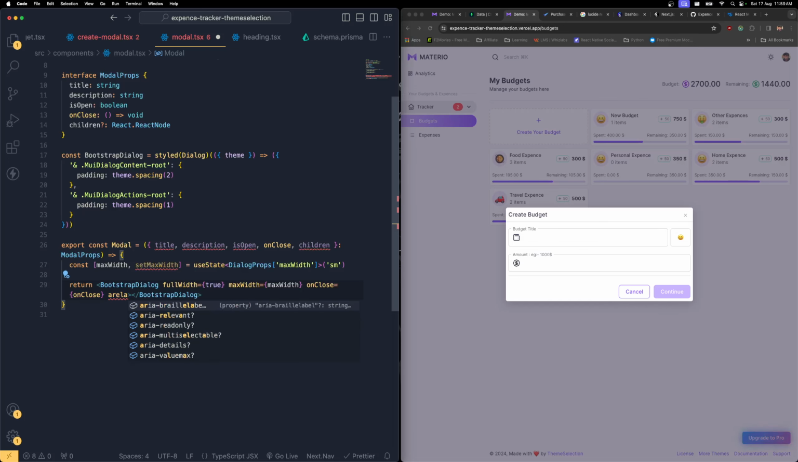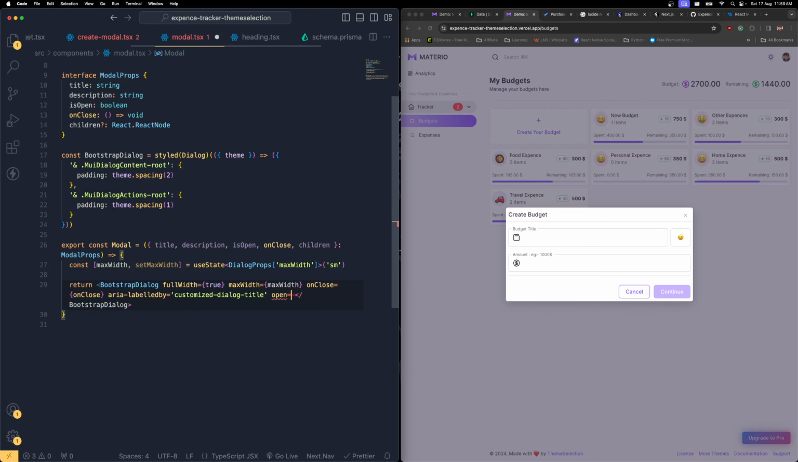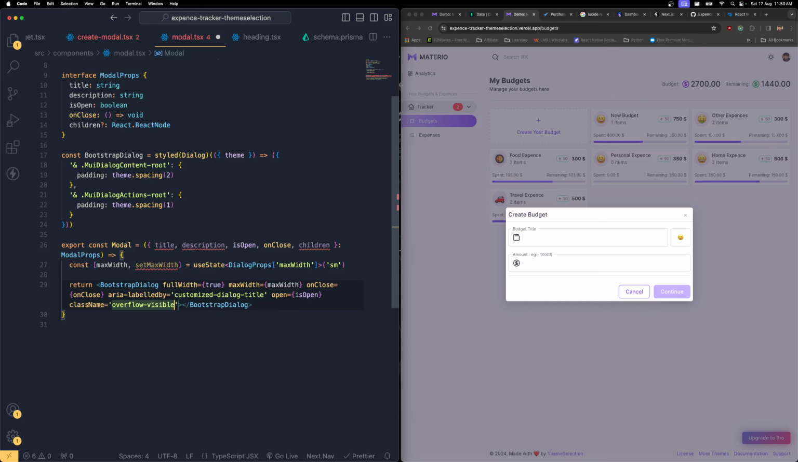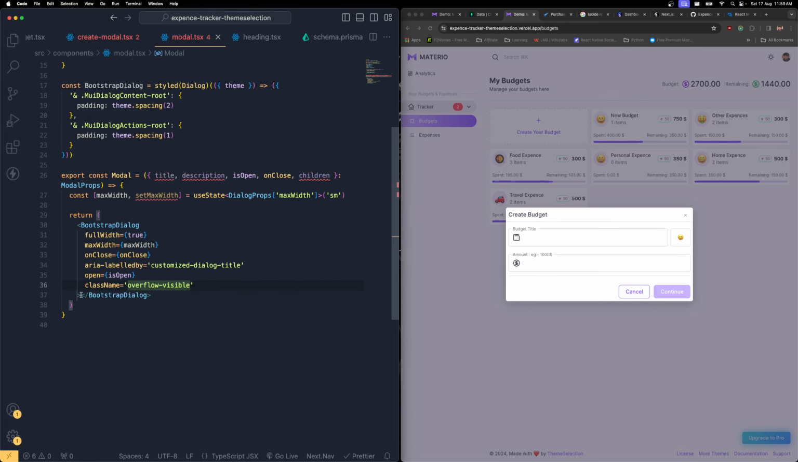Then aria-labelled by customized dialog. That's the aria label which we are giving, and whenever it is open, this open option should be based on the is open boolean value, and the class name which is going to be overflow visible. The overflow should be visible. So save these changes, and right inside this